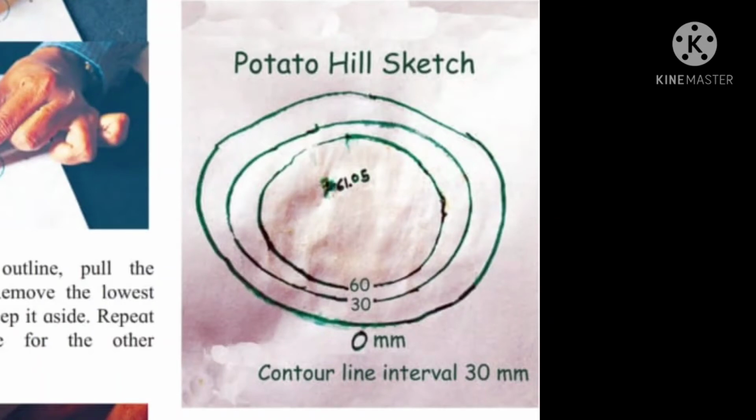Now let us see how contour maps are helpful to us. Contour maps help us to understand various facets of landforms, like how high it is, the altitude of it, the relief of it, the slope, the direction of the slope, and its drainage. The maps are of immense use to the mountaineers. The mountaineers are the ones who climb up the high mountains, trekkers, then soldiers who work in the defense, or the defense officers.